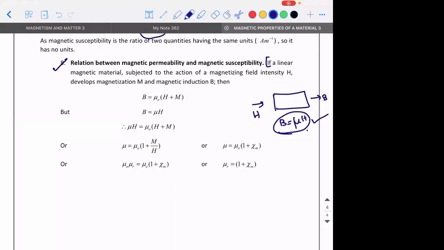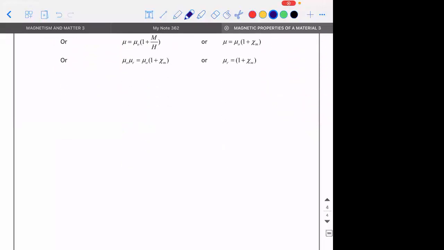If B and H are proportional to each other, then you can say that particular material is a linear magnetic material. So if a linear magnetic material is subjected to the action of magnetizing field intensity and it develops an output of magnetization capital M, then can I say that the magnetic induction is nothing but